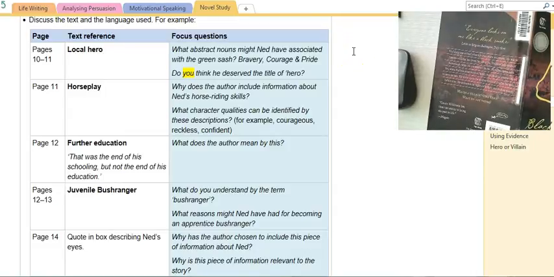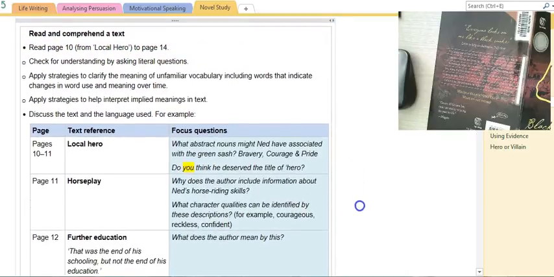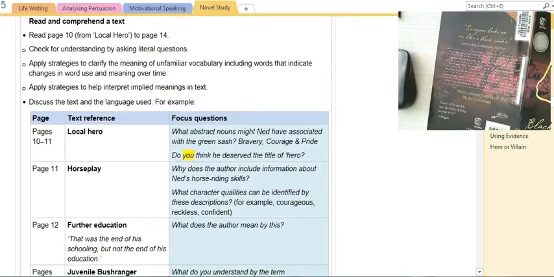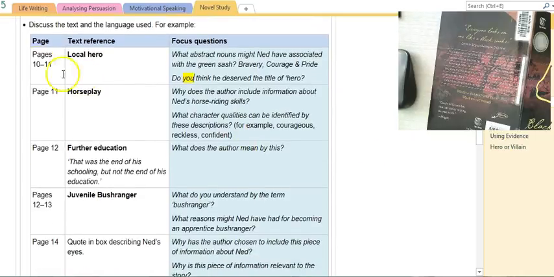Okay boys, in this video we're just going to quickly look at how we can use our comprehension strategies to answer a number of questions, and also using our understanding of characterization. So remember, the QAR strategy we'll be using for these two ones. I'm going to do this first question just to give you an example of how you should probably be answering your questions.